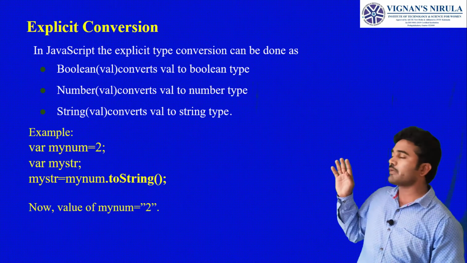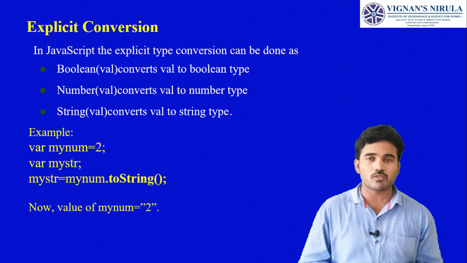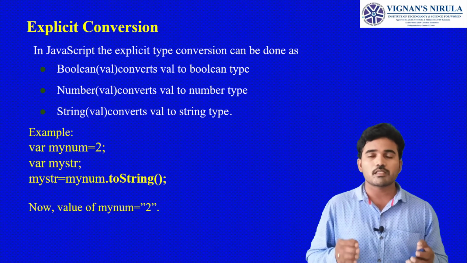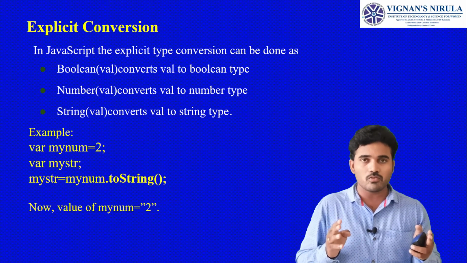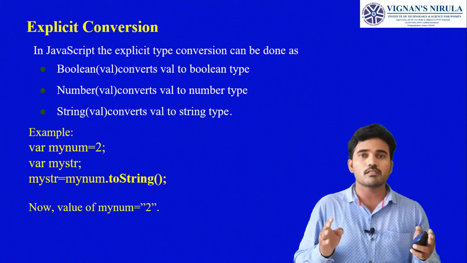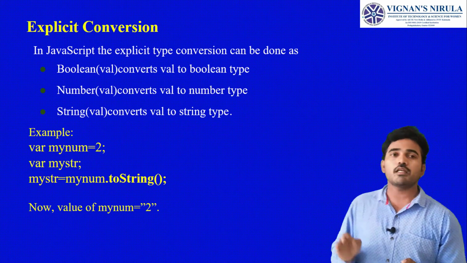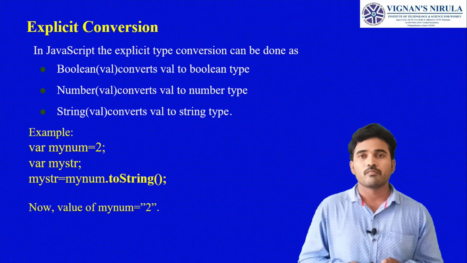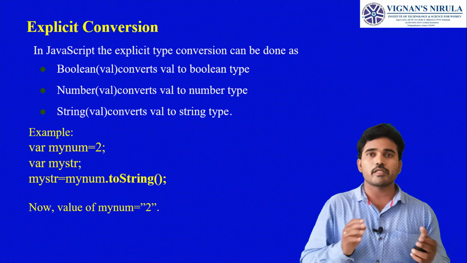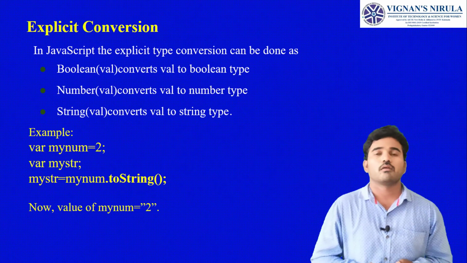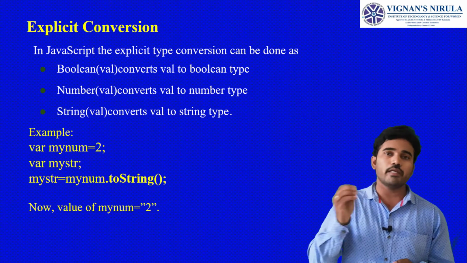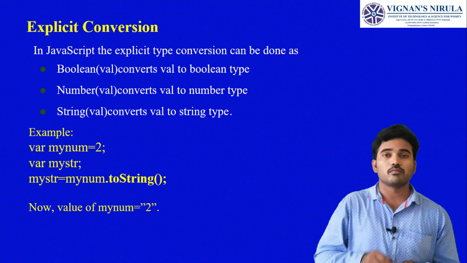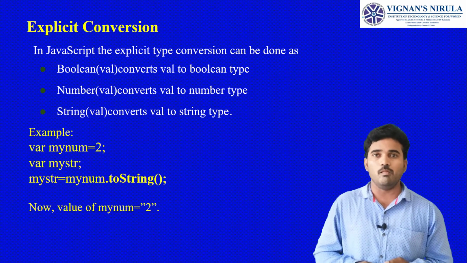And then see in this example, first we declared a number, that is myNum = 2. After that you are writing var myStr. So here two variables are declared initially, myNum which is assigned the value 2, and after that one undefined variable, that is myStr. Thereafter you are writing myStr = myNum.toString(). You are converting the value of myNum to a string. So the result is that the value of myNum is a string now. Initially it is a number, now it is a string. So you are explicitly converting the value of a number to a string, which is a lower data type, to the next higher data type. Understood?